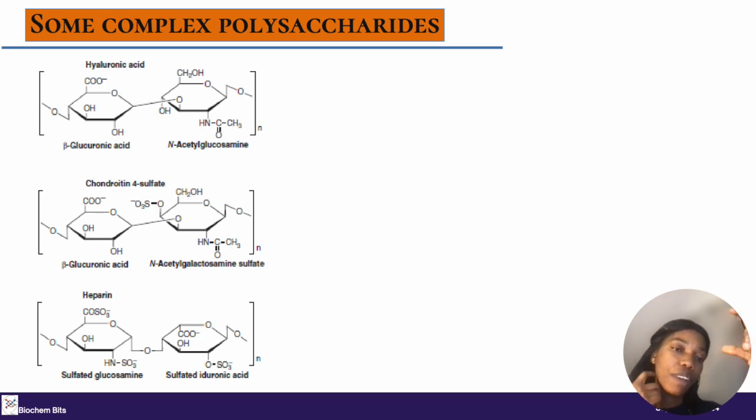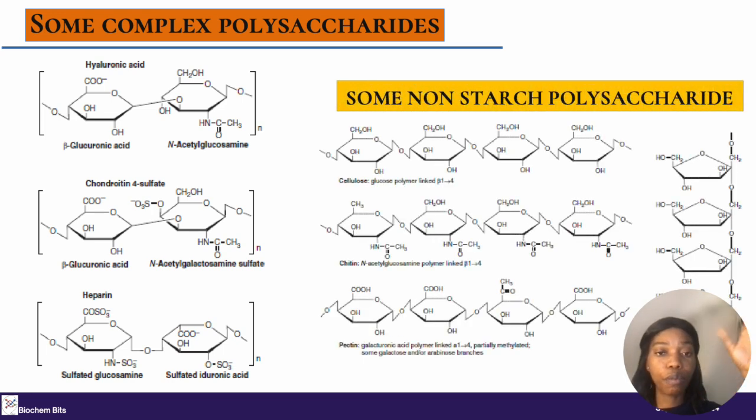These are some very complex polysaccharides that function in some very salient ways, and I think you'll still get to know about some of these things. Some of them act as lubricants in the mucous system, and some even in the blood system. We have our immune system, the ABO blood group system, and the like. And also we have some non-starch polysaccharides like chitin, which is responsible for the exoskeleton that we have in some of our invertebrates. Cellulose, structurally its function